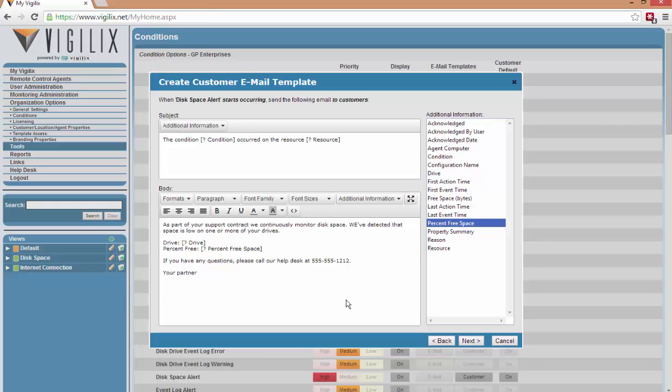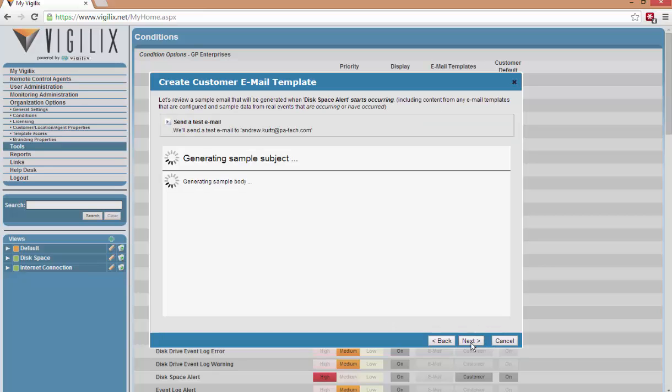So you can set up an email that's going to be sent to your customer in the voice. In this case, I've set it up with, as part of your support contract, we continuously monitor disk space. We've detected spaces low on one or more of your drives, and then the drive percent free. If you have any questions, please call our help desk at 555-555-1212. So you can create this voice. Now when we save that,